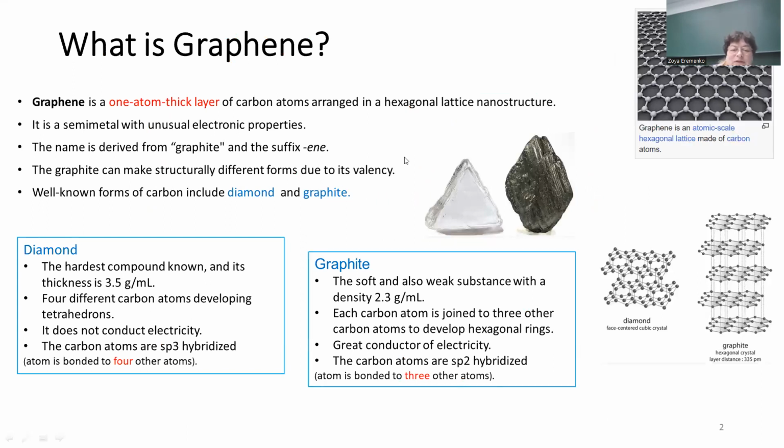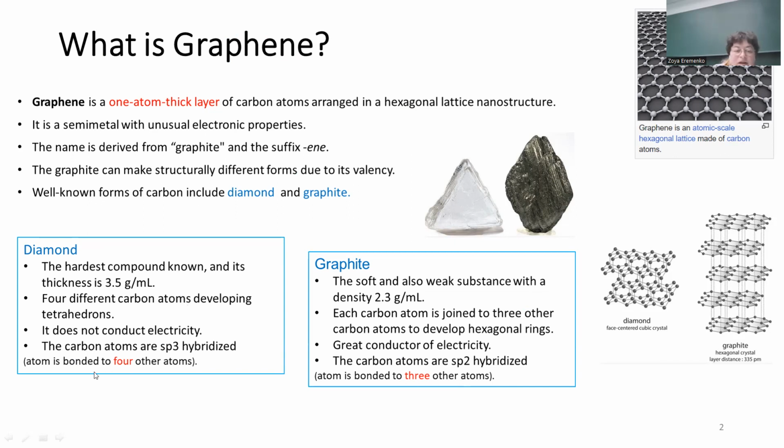It's a short description, some short knowledge, maybe not new for you. What is graphene? Graphene is a one-atom-thick layer of carbon atoms arranged in a hexagonal lattice nanostructure. Graphene comes from other carbon forms in nature, such as diamond or graphite. And these two elements have two different